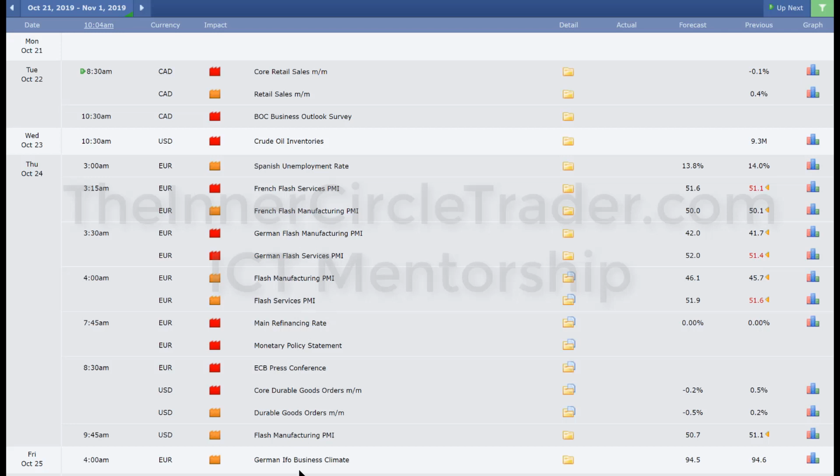And then Friday we have IFO business climate for euro during the London Open. Notice the absence of anything in here on British pound. And I think it's because of today, because right now they're in, I think you guys call it Parliament. The first time in 37 years you guys have met on a Saturday to decide what you're going to do in terms of the Brexit. I wish you would all figure it out, but nonetheless, I think that's the real driver.